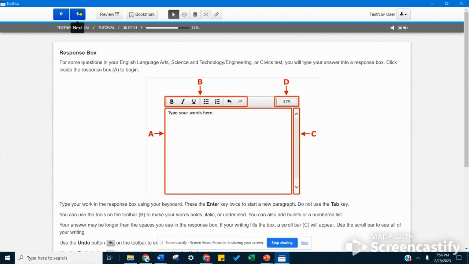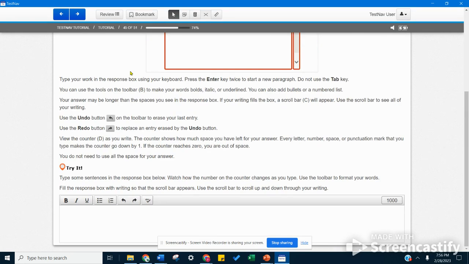Here we are now with a response box. We're really going to take a close look at some of these tools that you'll be utilizing. But the biggest thing you need to realize is as you're typing, and I'll be back